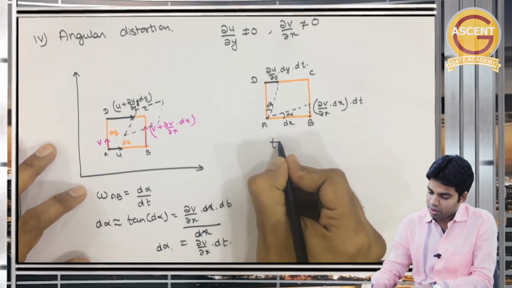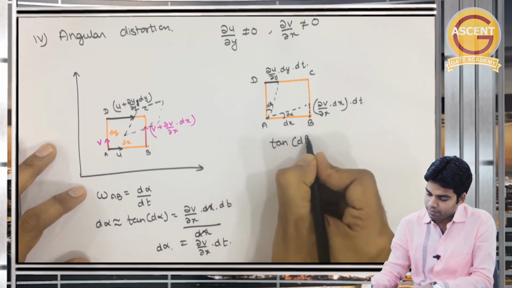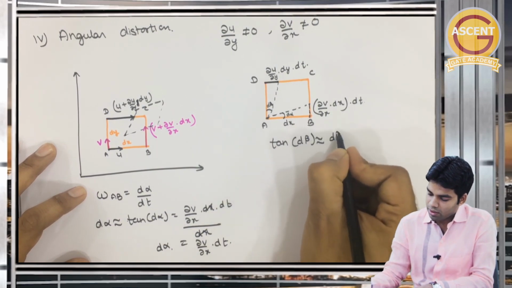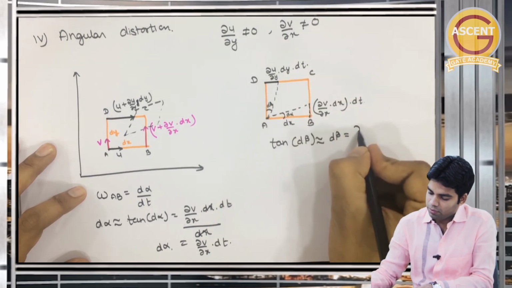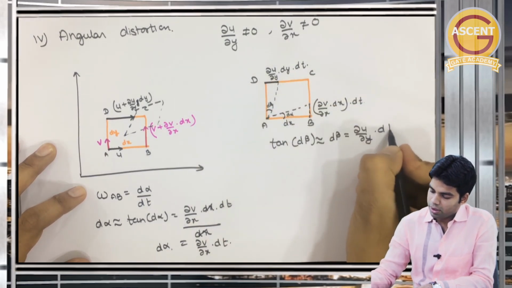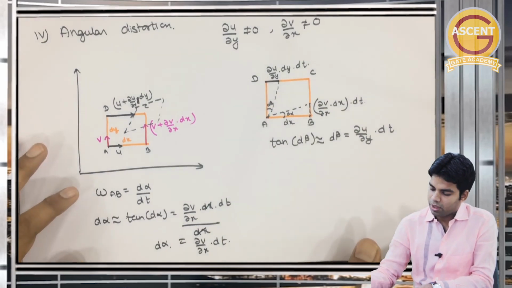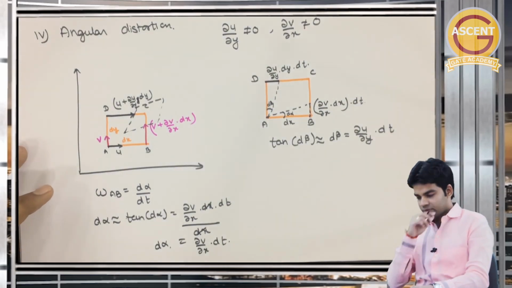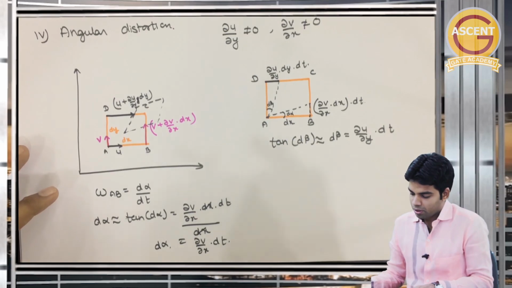Similarly, d beta we can determine. So what will be d beta here? Tan of d beta, which is nearly equal to d beta, is equal to del u by del y into dt, where dy gets cancelled out. Clear or not? Okay, now